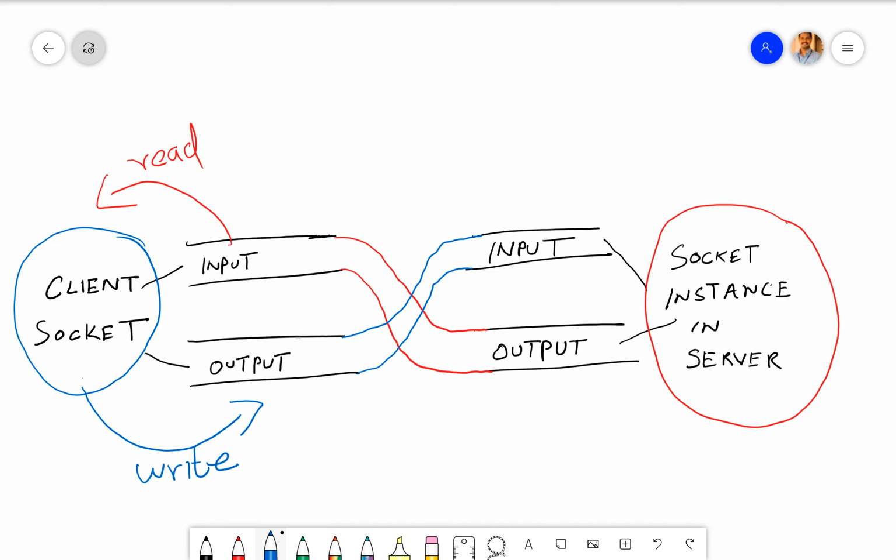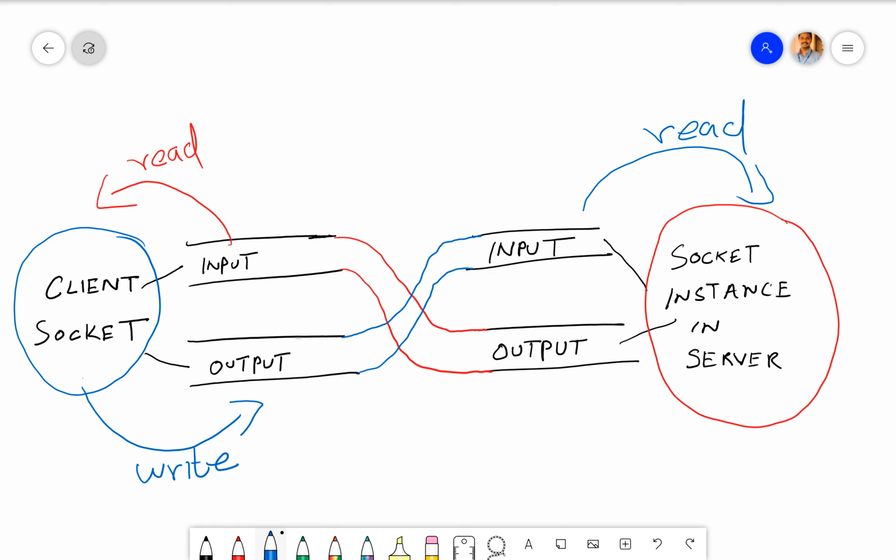Whatever data is written in the output stream can be read on the server side by the socket instance created on the server side for that particular client, from its input stream. It is the same data which was written to the output stream on the client side.